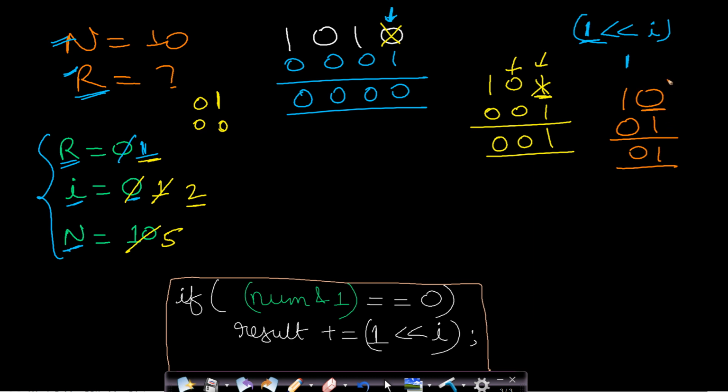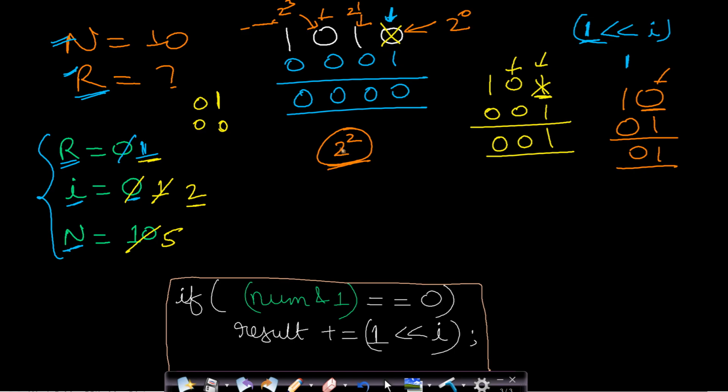This has a weightage of third bit. So the third bit is actually equal to 2 to the power 2. So if you can remember, the first bit has a weightage of 2 to the power 0. The second bit has a weightage of 2 to the power 1. Third bit has a weightage of 2 to the power 2, and so on. So I hope you remember these things. So for this bit, you have a weightage of 2 to the power 2.